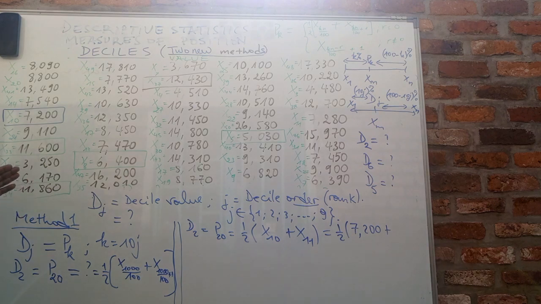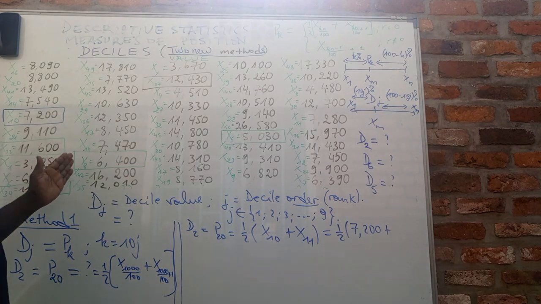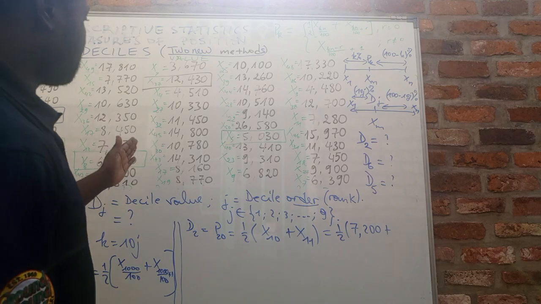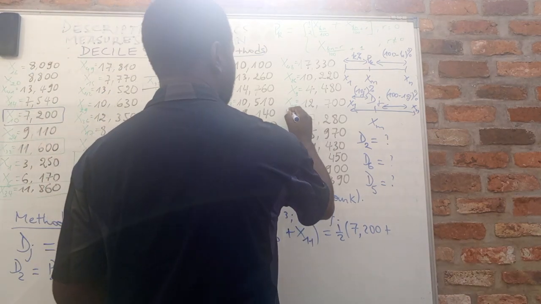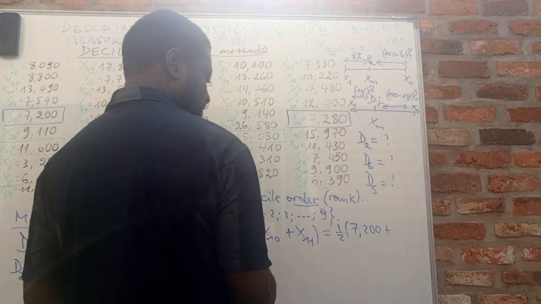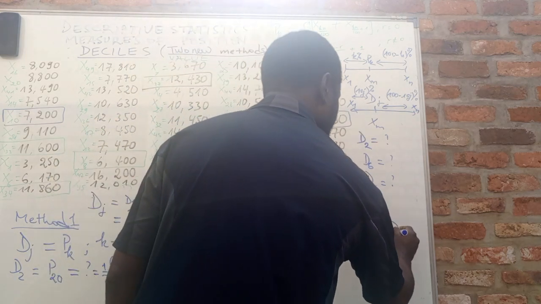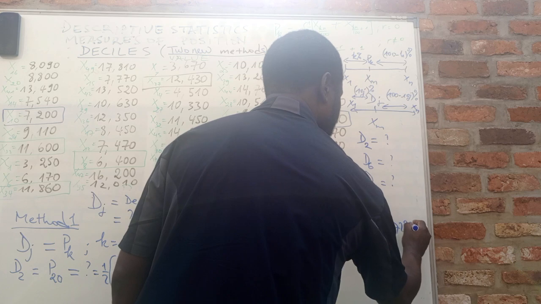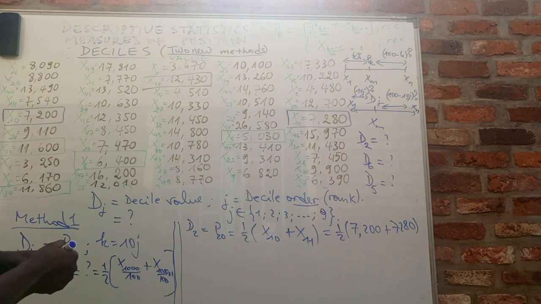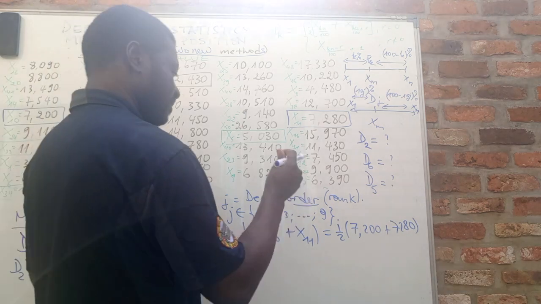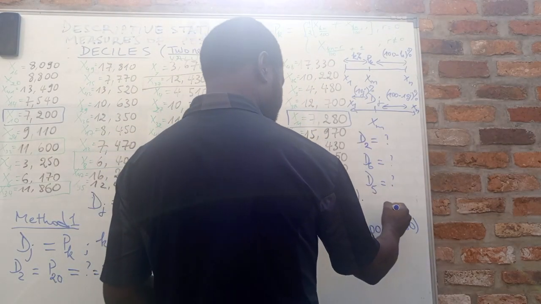X sub 11, we have to look through this. It is over here. So in this case it is 7280. Now we have to add, and after adding we divide by 2, and what we get is